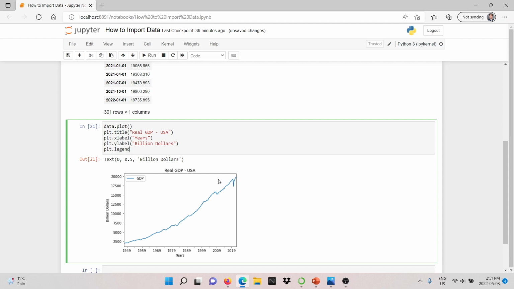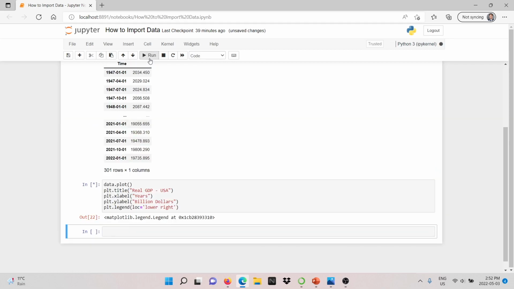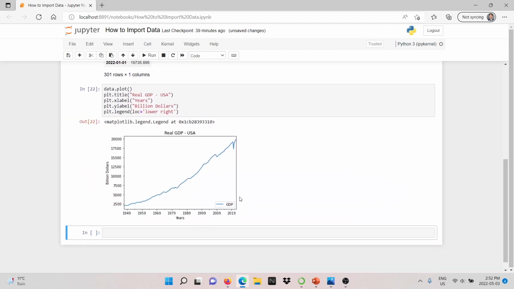You're going to open brackets, and I'm going to type loc for location equal, and then in quotation marks type lower right. So now we have to see that this legend is going to appear here. Let's hit run, and here we go. Now you have the legend in the lower right, and the same way you can change it and put lower left or whatever you would like to do.